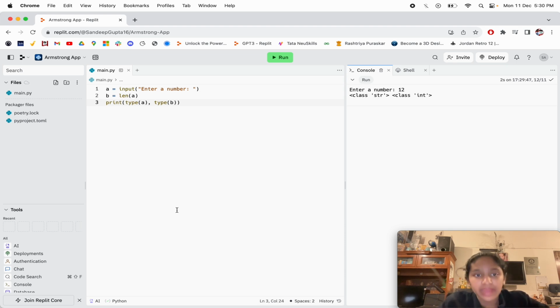I printed this type, because whenever you give an input, whether we give a number, a string, or a boolean, we would always get the type as string. And the length of a would count how many digits there are, 1 and 2 digits. So basically b is